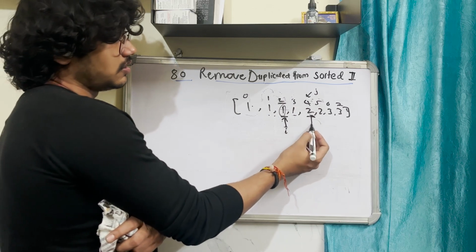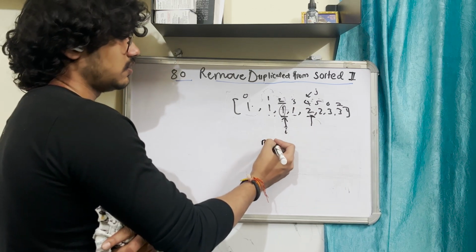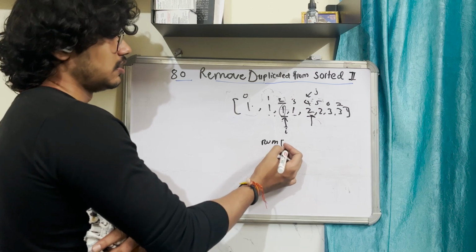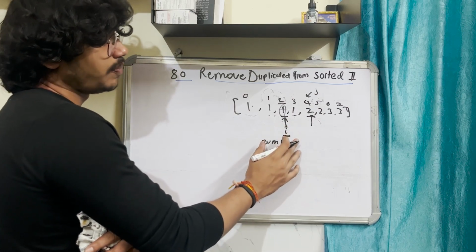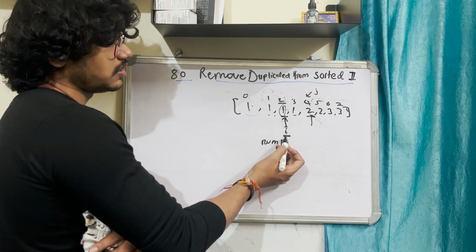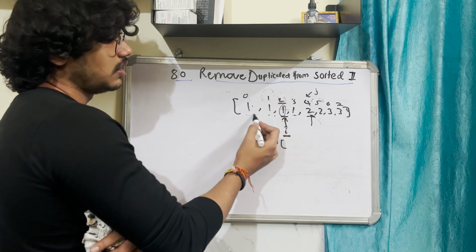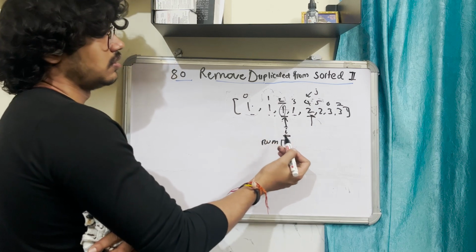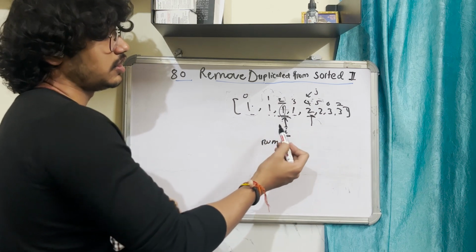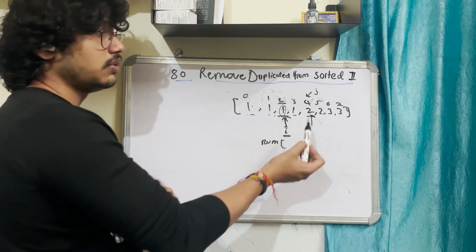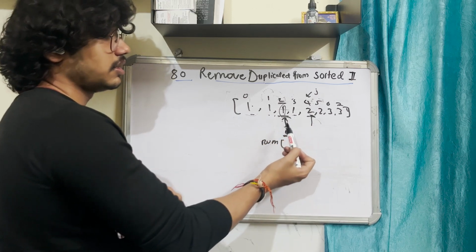Just think, you have the position where you want to put a new element. Before this you had 1 having occurrence 2, so this is making occurrence greater than 2. So basically you want a new element to come here